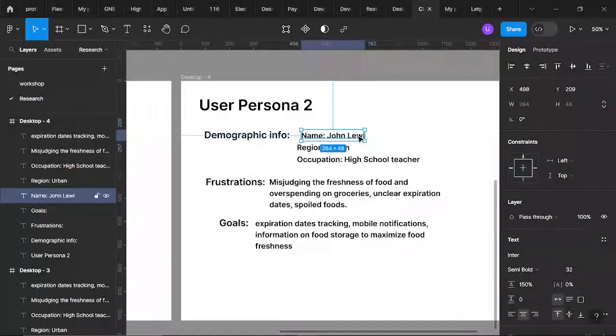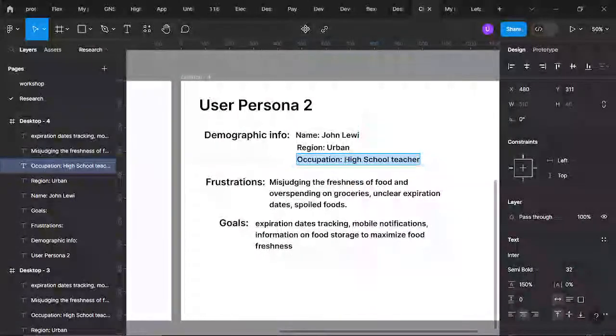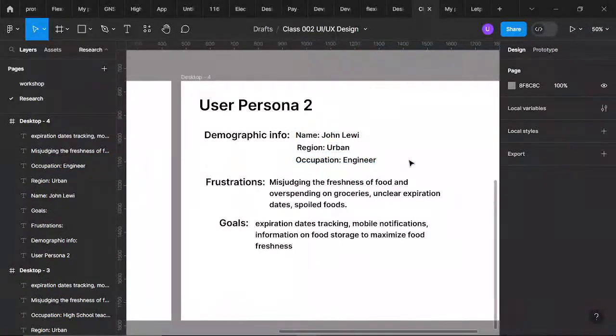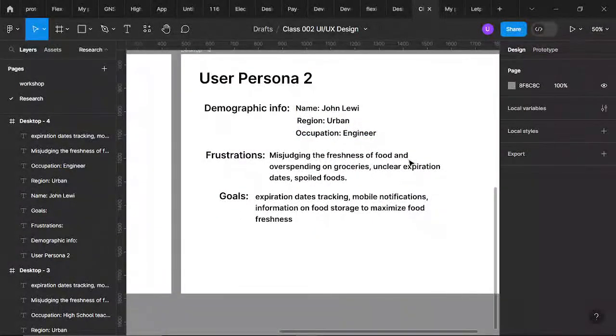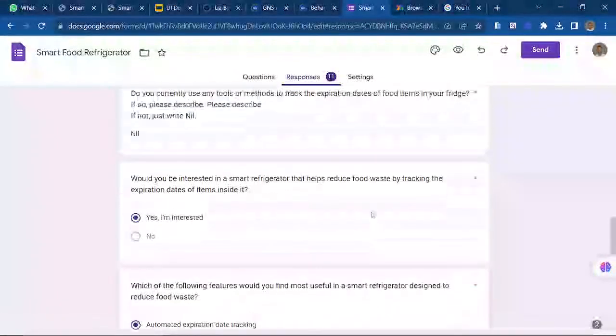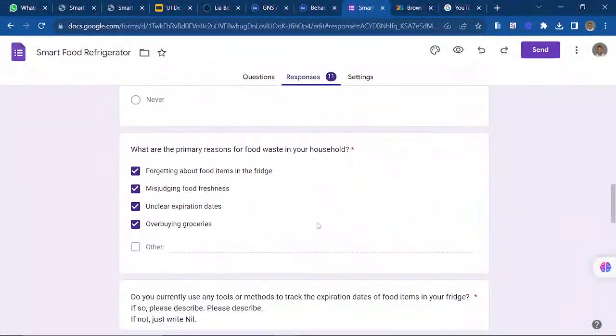And he also stays in a region area. Let's just give him something like an engineer. Okay, let's just leave it this way. So the frustration he faces is what? Where is it? So he highlighted everything here.